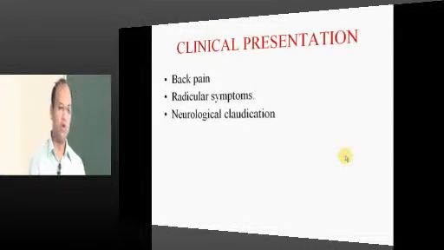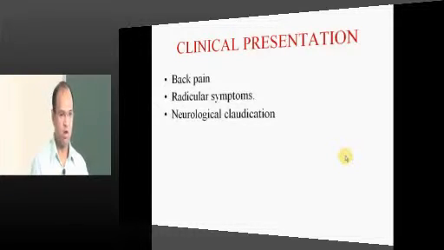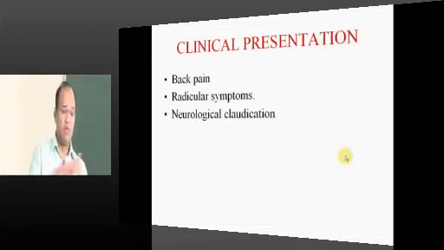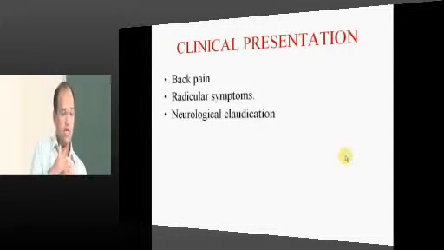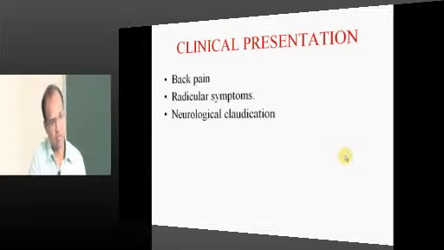For these cases, you have to do flexion and extension, that is stress view X-rays. You have to flex the spine and take a lateral view, and extend the spine and take a lateral view, and see whether there is any translation of the vertebra anteriorly or posteriorly. If the translation is too much, that means the vertebra is moving every time and it is unstable, and hence you have to fix it. That is an indicator for you to fix, right?